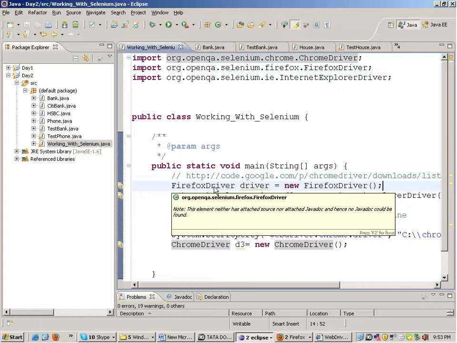What is HTML? HTML is basically the language in which your web page is made. If you go to the source of the page, this is the source of the page. This is nothing but the HTML language. It is very simple, very simple. It looks complex, but it is very simple. Just give half an hour of your time to study these topics, just the HTML basics.